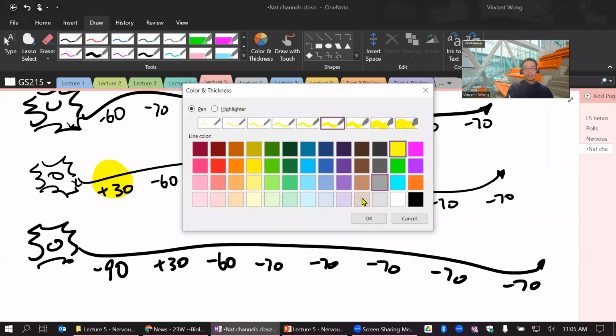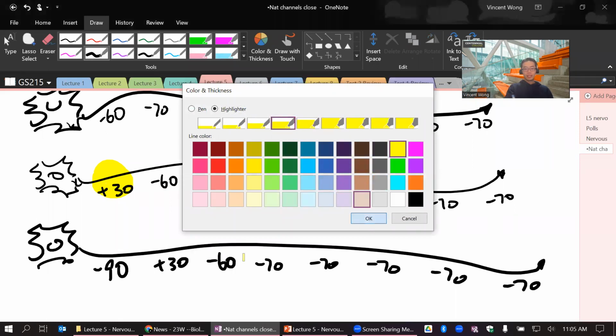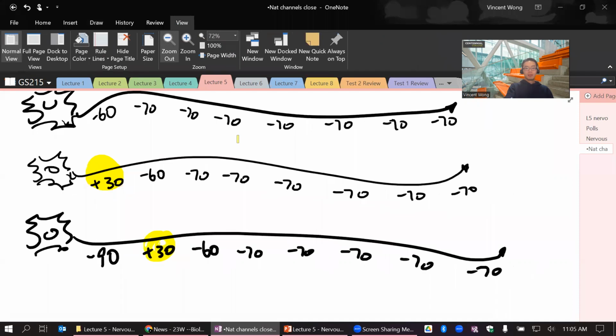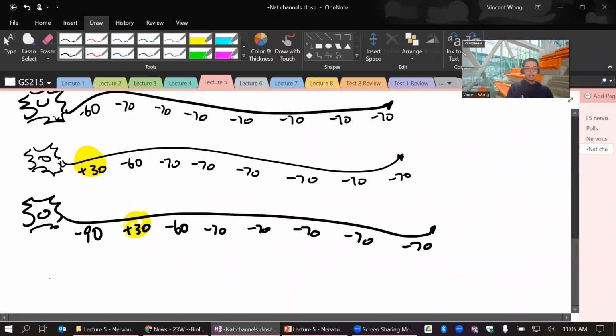So the next portion is going to experience the flip, right? The temporary flip, the action potential. So ding, that lights up. Just going to draw one more. And then what happens is,